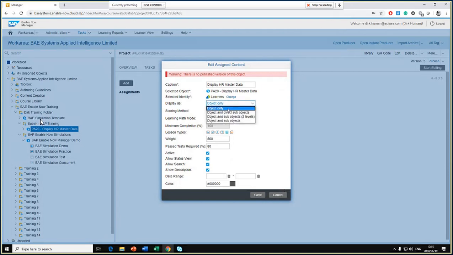I can now determine, do I only want to show the object? So it's only this object. If it was a group, I could go and select, yes, I would like to show the object and all sub-objects, or only objects and sub-objects, or direct sub-objects. By default, we'll use object and sub-objects. Is there any scoring method? Yes, percentage completed, usage counter, or no scoring. So I'm going to use the percentage completed, learning path, show all modes, and I can give it a weighting. So it's a 100%, and also the pass percentage required for the